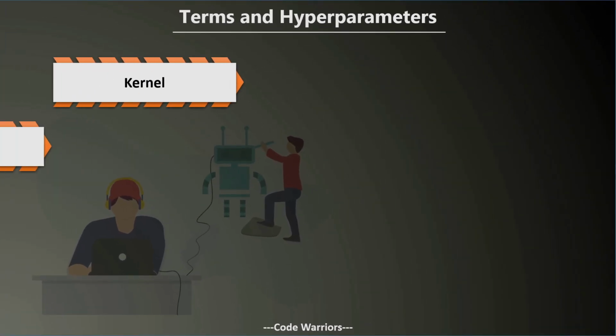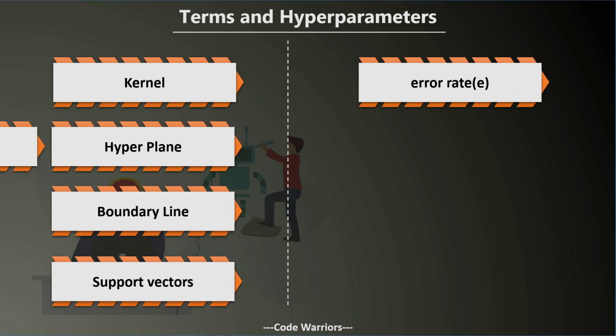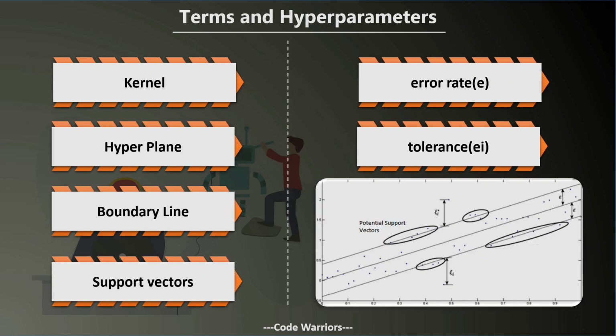So first we are going to understand the terms. There are four terms that usually come with support vector regression: kernel, hyperplane, boundary line, and support vectors. First we need to understand the hyperplane. The hyperplane is the plane, or the line, that fits the data. In the previous session we saw how the different algorithms work. They try to fit the data with a linear line, or for non-linear data a curvy line. That line is referred to as the hyperplane because it tries to fit the data. So that was the hyperplane.